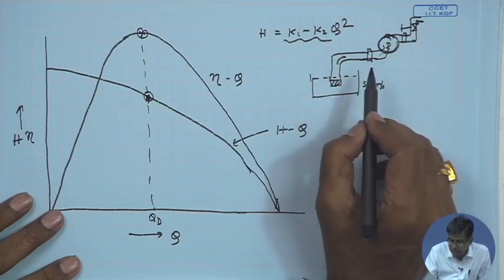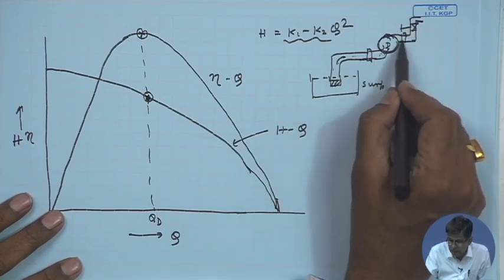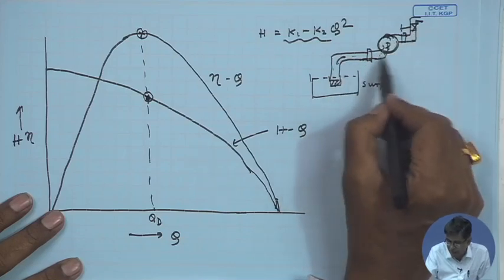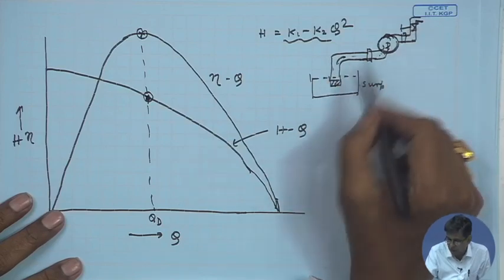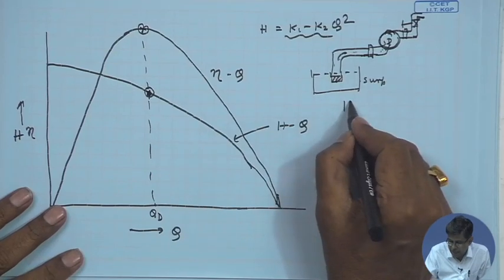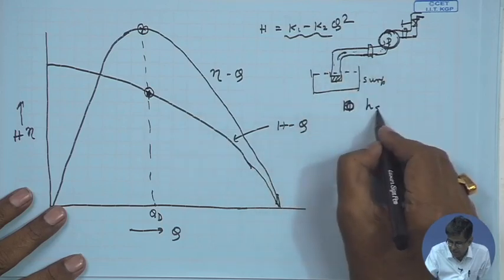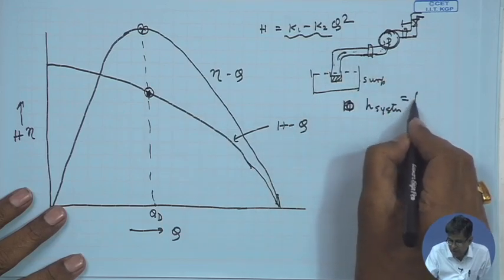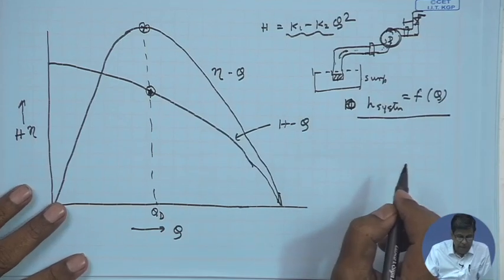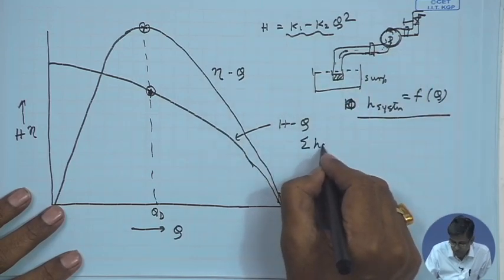pipeline. The relationship of this energy loss with the flow rate in this pipeline is known as the system to the pump. The pump and the system to which the pump is attached. A pump alone cannot work to lift water or to transmit water. So, therefore, this system relationship between H, the head loss in this system, as a function of Q, the flow rate, is known as the system resistance, and this system resistance, total frictional resistance, is contributed by